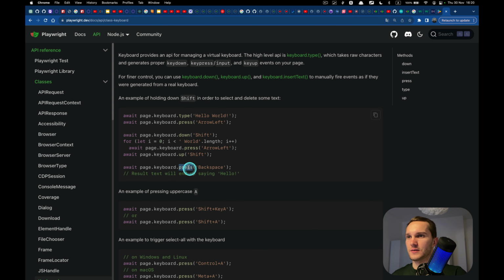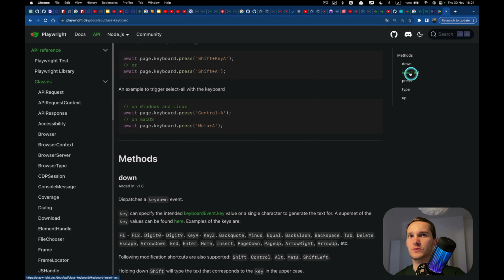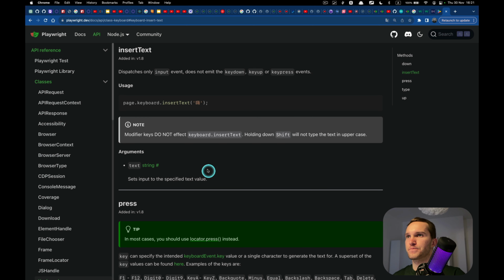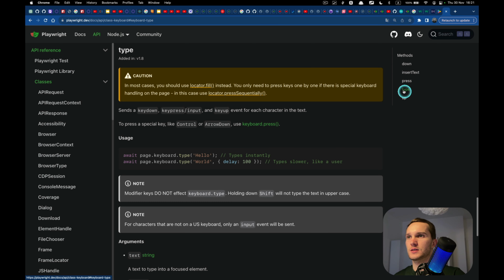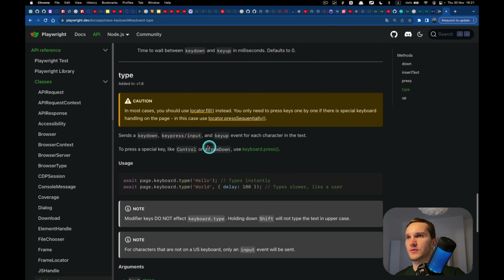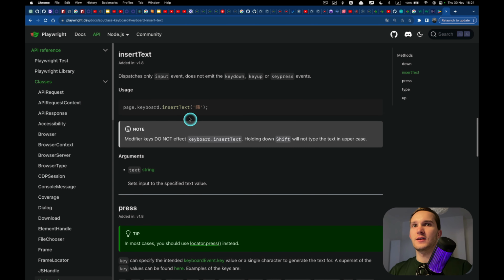All right, pressing backspace, I think that's clear. Okay, so down, insert text, press, type, up. Actually, what's the difference between insert text and type? That's interesting. Okay, Playwright suggests we use the fill method instead. Yeah, we want to check this.